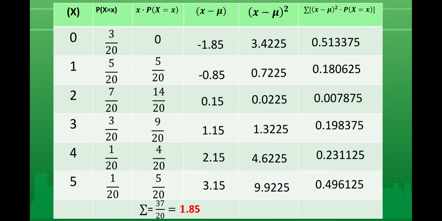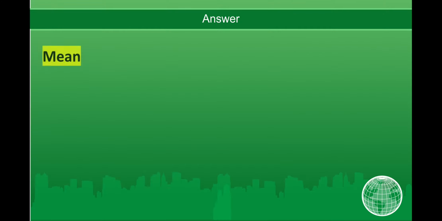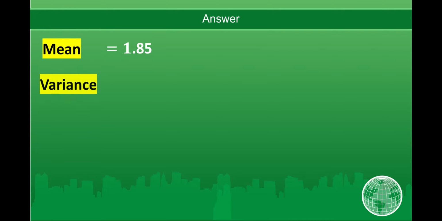sixth column, or the last column. So the summation of this is equal to 1.6275, which is the value of the variance. So again, our answer: the value of the mean is 1.85 and the variance is